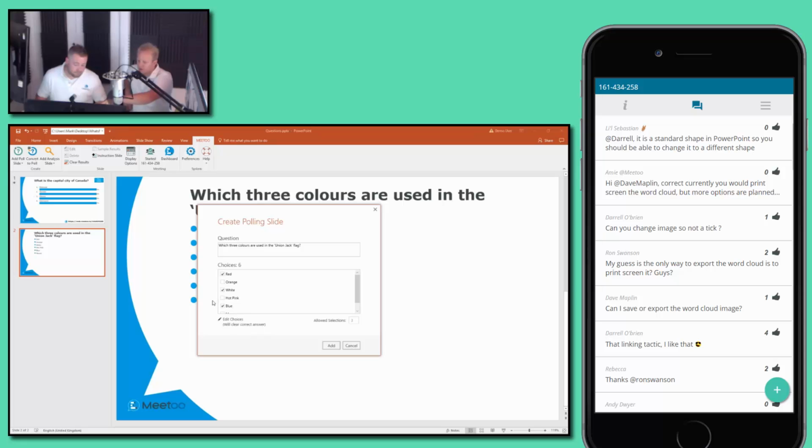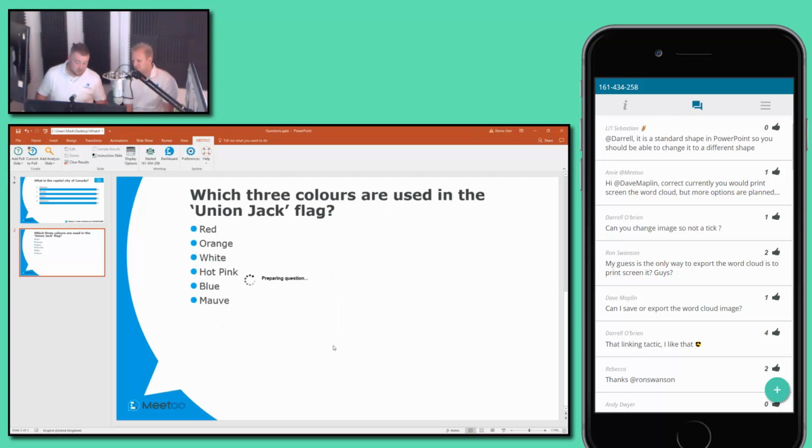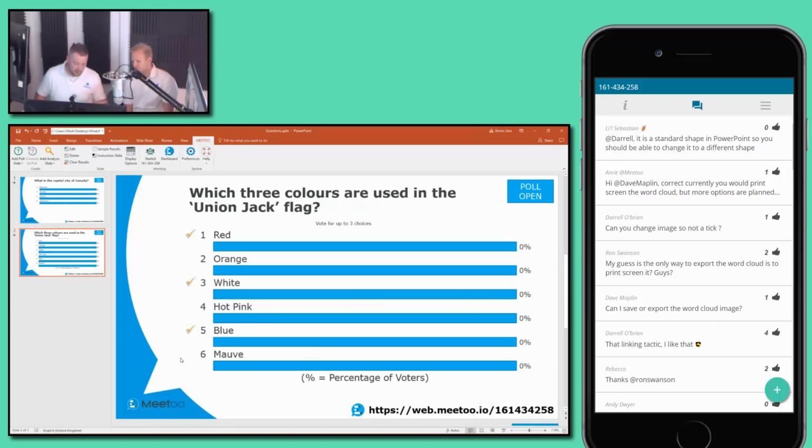And again, just pointing out that you'll see the allowed selections box is actually disabled. You can still see it, but what it doesn't mean is you can't give people five choices, but then only select three correct answers. So nice and simple. If I add that, as you're probably expecting now, we get three of those ticks. And I won't bother making them bigger and changing colours, but you've seen that.